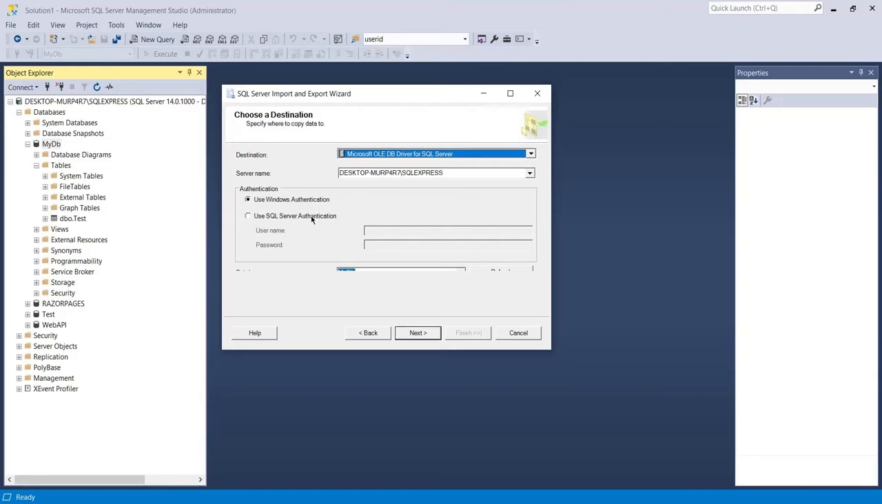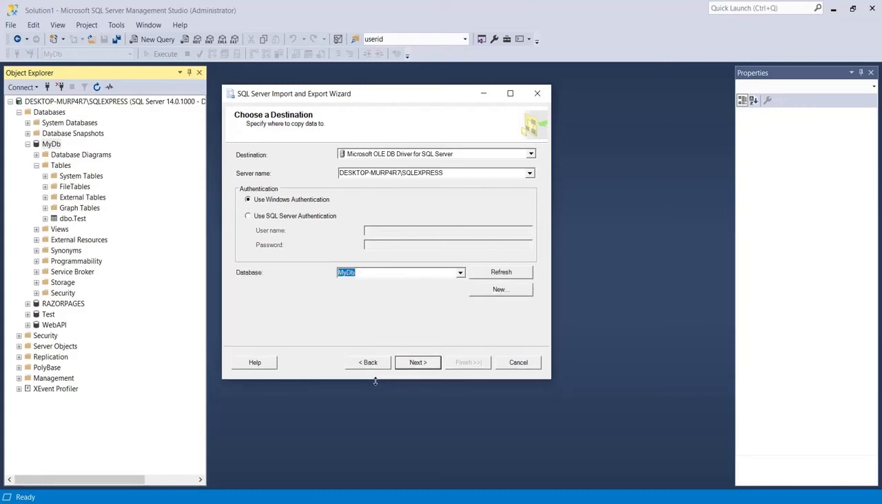But if you have not configured the Windows authentication, then you can use this one here. Okay, so I will keep using this Windows authentication because my SQL Server is using Windows authentication. Okay, and from here I will click on next, because you can see here I have selected the database here. If you want to import into any other database, then you can choose that database from this drop down list. Okay, but I will keep this chosen, like MyDB, and I will click on next button,